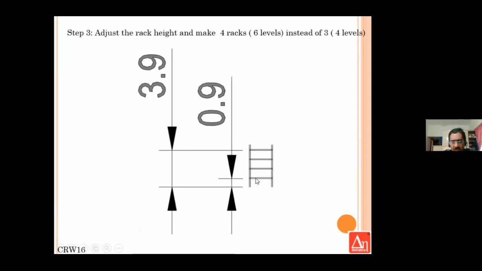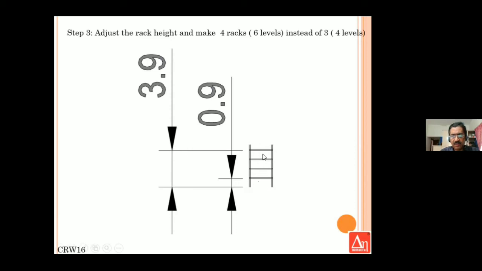The first level is at 0.9 meter, and slowly you maintain the same 90 centimeter gap, so that you have 5 levels in the same column. So now you have increased the space by another 20%. Your storage area is increased by 20% without adding to the floor area, because you are using the vertical Z axis.